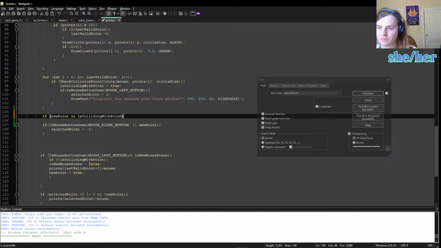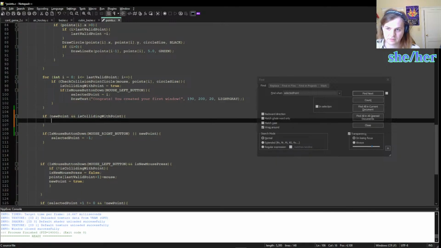So if I've just made a new point, got my new point, and I'm colliding with that point, then I want selection to not happen. Otherwise, if I'm not colliding with a new point, then I want